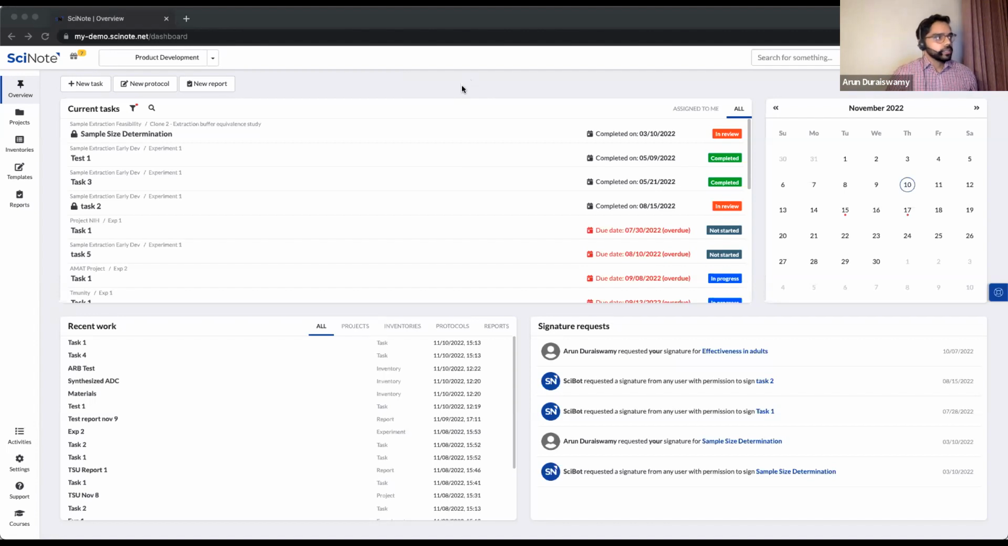Okay, to start out with, what I have open here is the overview dashboard in SciNote. It's the first thing that you see as soon as you log into SciNote. And as you can see, mine looks pretty colorful with a lot of different things going on. But one really neat thing about this overview dashboard is you can filter it down to just show the information